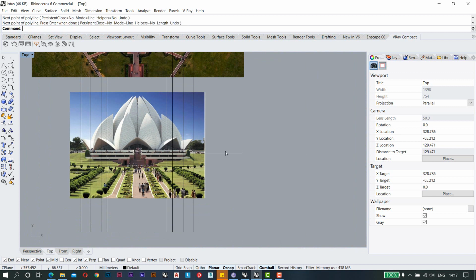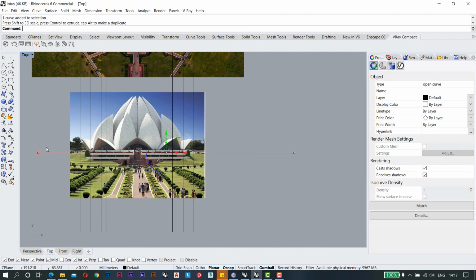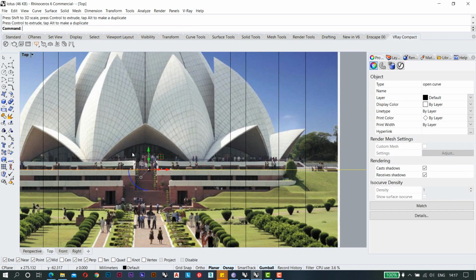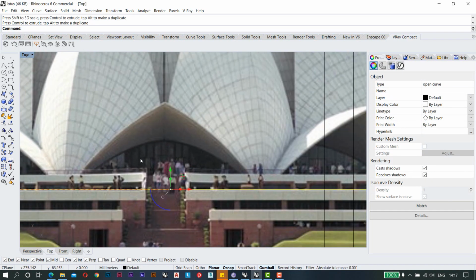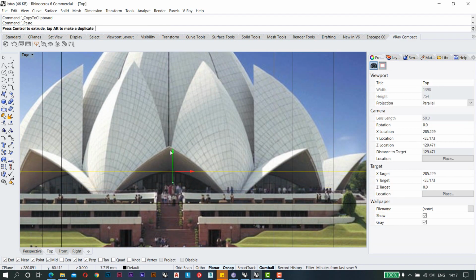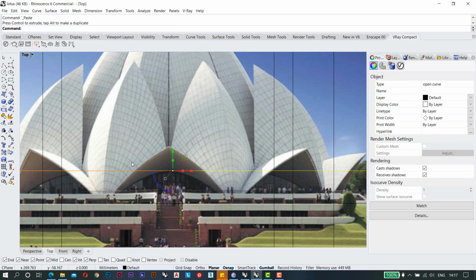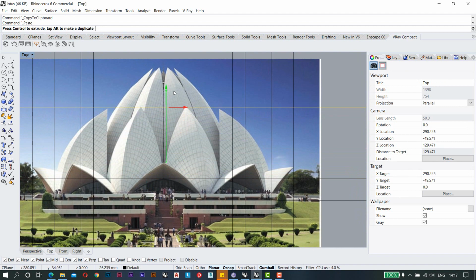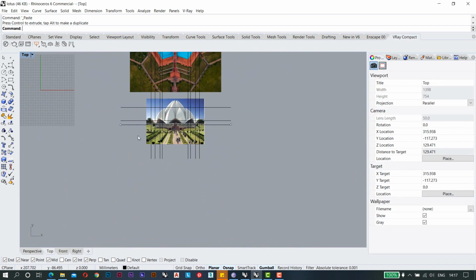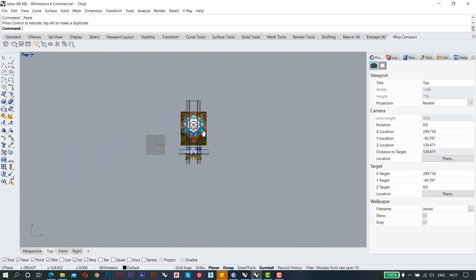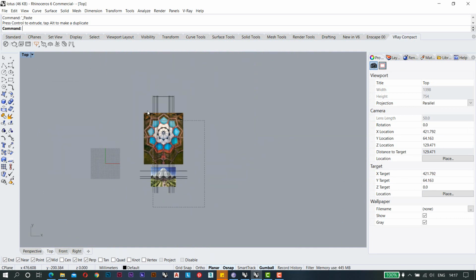This will be my ground line. After that I will make other lines. If this is the ground line, then Control C, Control V, and there will be a line which I need somewhere here for those leaves, and Control C, Control V again, and this will be the height for it. So to start these leaves I have marked almost all the lines. Now I will select the whole system.